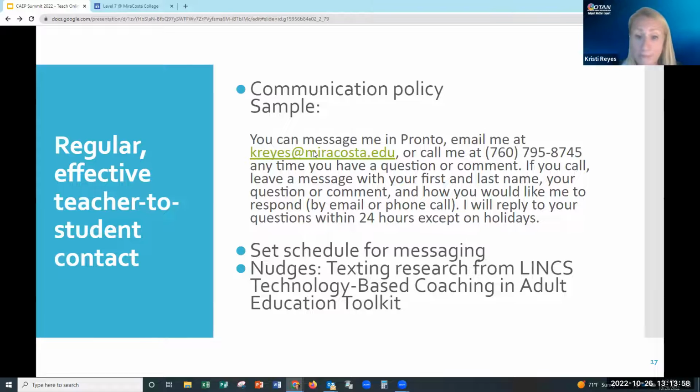Now, in online education, have you heard of this term nudge or nudging? Can you type yes or no in the chat? Okay, you've learned a new term. That goes along with online instruction, but it's perfect for any instruction. Nudging is when you start to notice, hey, Katrina didn't show up for Zoom today.